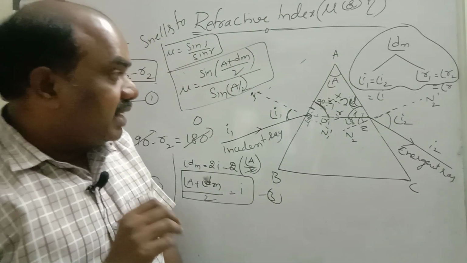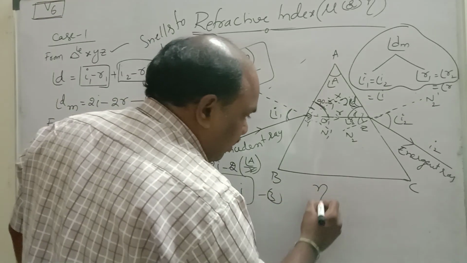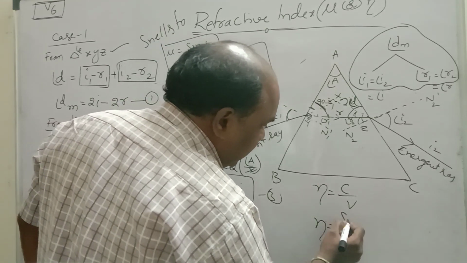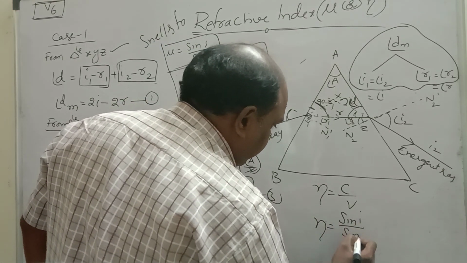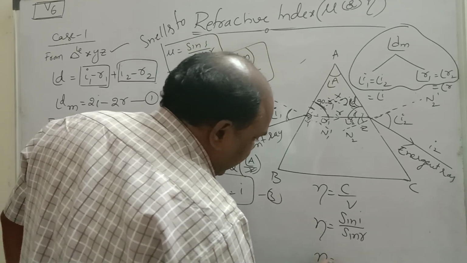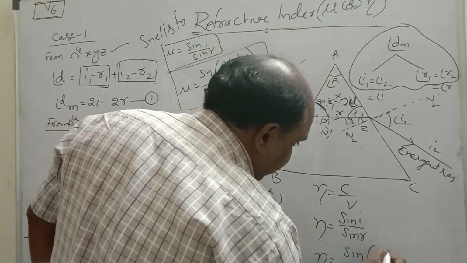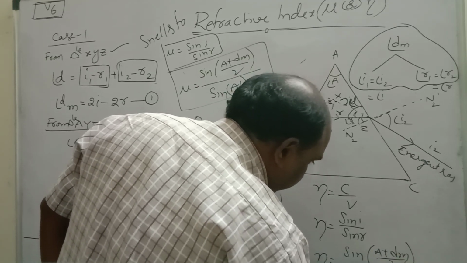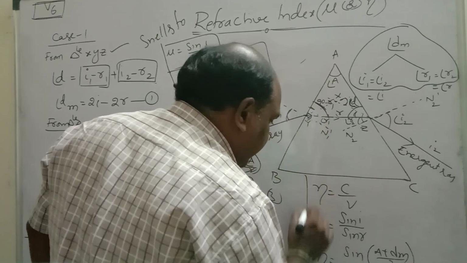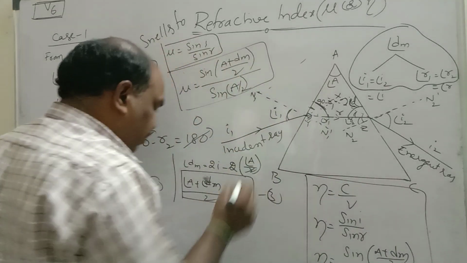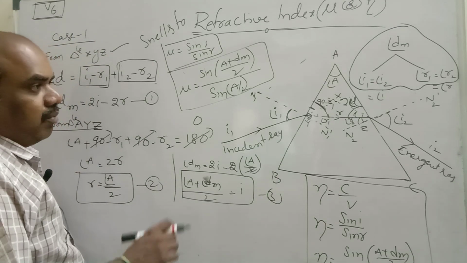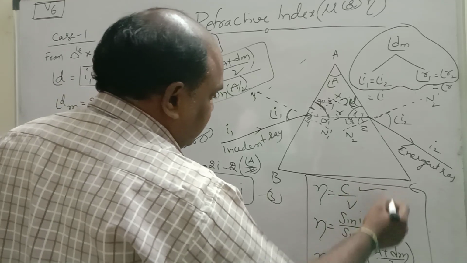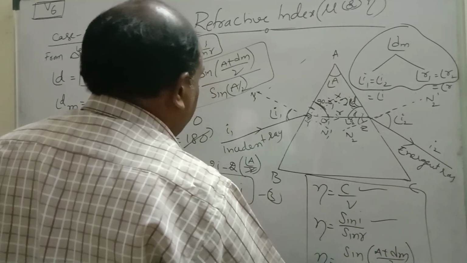Remember, we saw three principles for refractive index. Number 1, c by v, if you know both the velocities. Number 2, Snell's formula, sin i by sin r. Number 3, n is equal to sin of (A plus Dm) by 2 by sin A by 2. This is the refractive index of the prism. Remember these three formulas carefully. We will do many problems based on this very important refractive index. n is equal to c by v, n is equal to sin i by sin r, n is equal to sin of (A plus D)